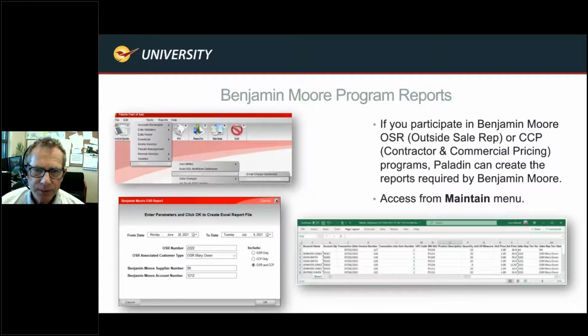Next, there are Benjamin Moore programs out there that enable Benjamin Moore to comp the sales rep and your store for purchases. We've got these reports in the system now. It's just under the Access and Maintain menu at the top. Go into Utilities, and then into the Benjamin Moore setup, and you can put information in there about the sales rep, the outside sales rep,